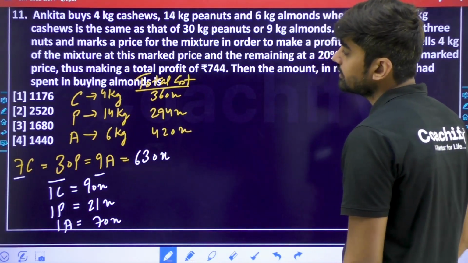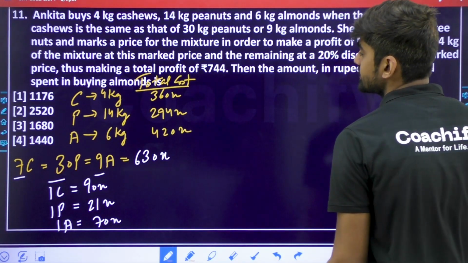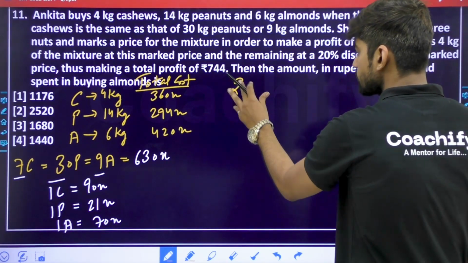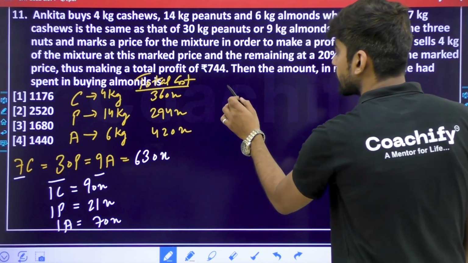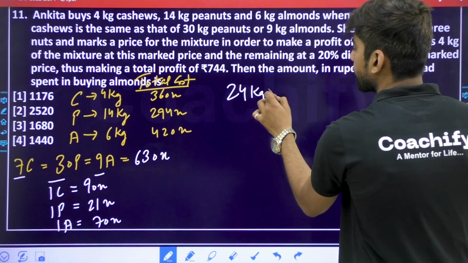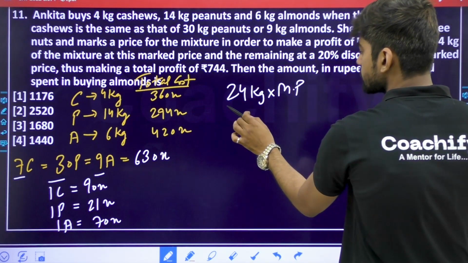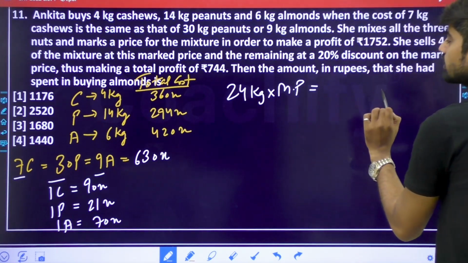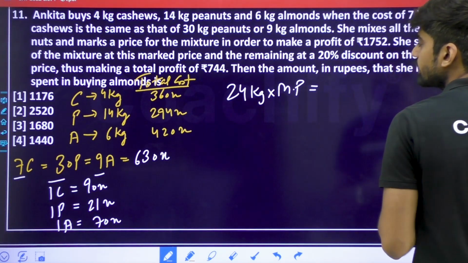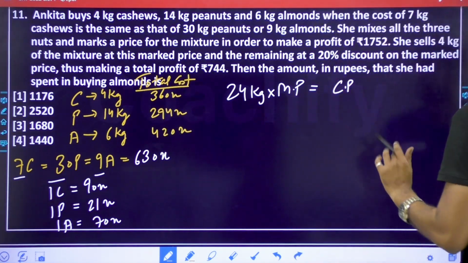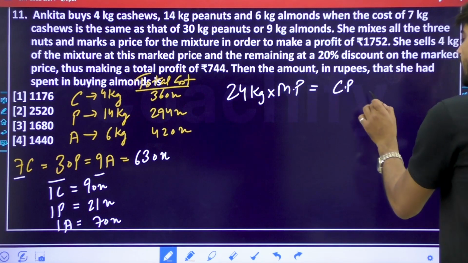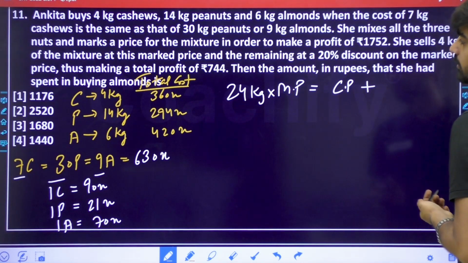My total quantity is 24 kgs. So if this 24 kg is sold at mark price, this is my selling price, that means this should be equal to the cost price of 24 kg, whatever it is. Let's write it down. I'm not taking the sum here, I'm simply writing it down as CP, and I'm adding my profit to it,